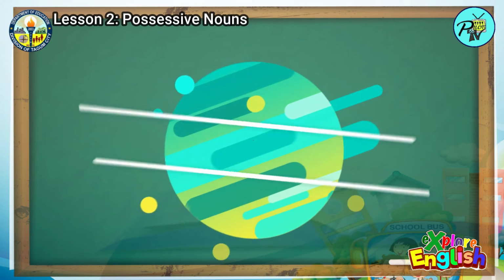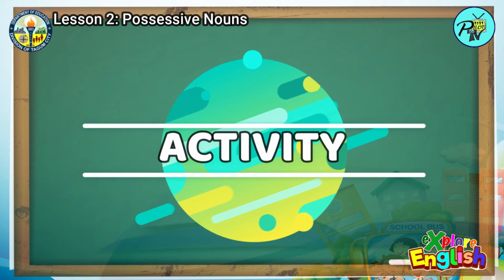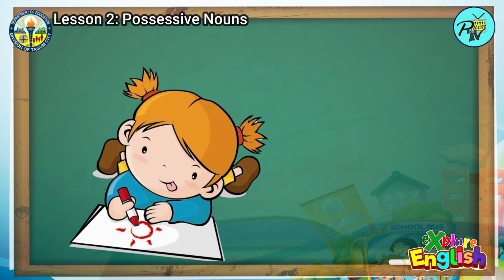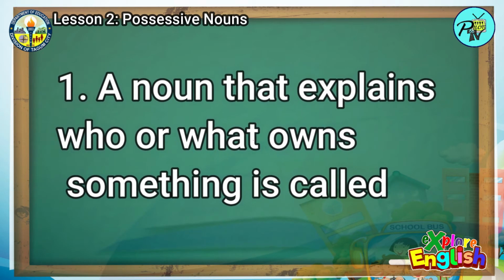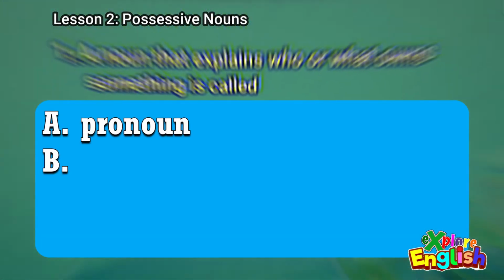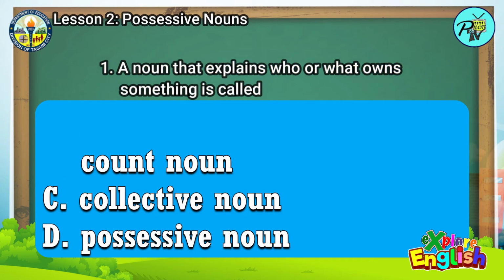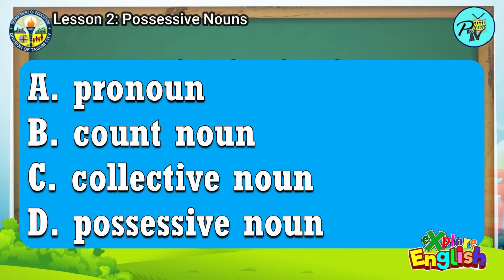Now let us try some activity. Choose the letter of the best answer. Write the chosen letter on a separate sheet of paper. Item number 1. A noun that explains who or what owns something is called A. Pronoun, B. Count noun, C. Collective noun, D. Possessive noun. The correct answer is